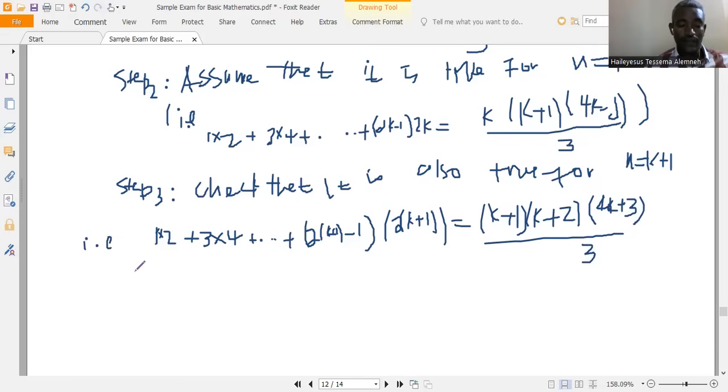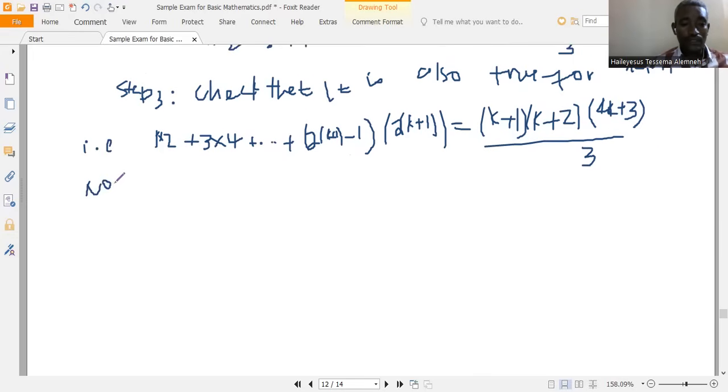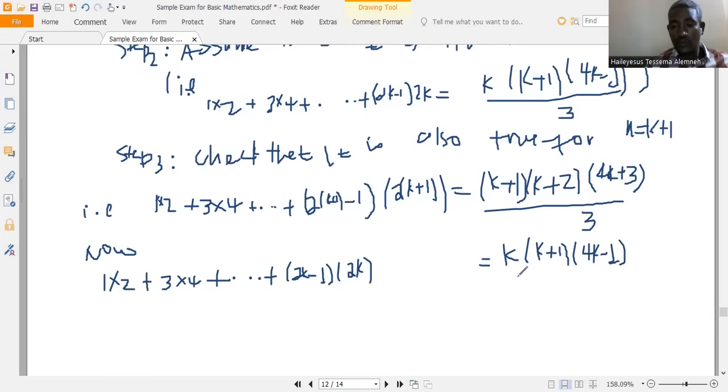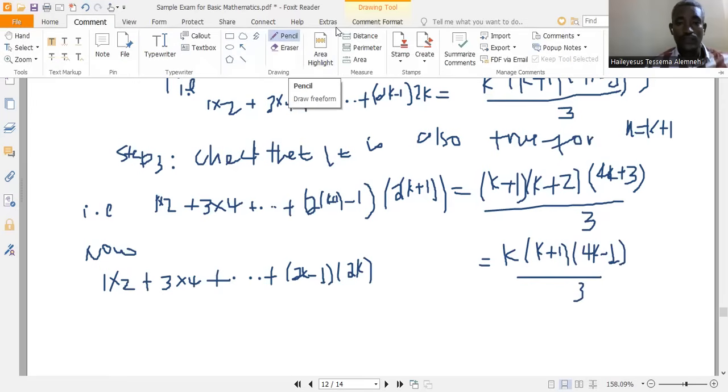This is what we want to show. Now we start from the assumption that it is true: 1 times 2 plus 3 times 4 plus up to (2k minus 1) times 2k is equal to k times (k plus 1) times (4k minus 1) over 3. This is the assumption we started with as true. Now from this assumption,